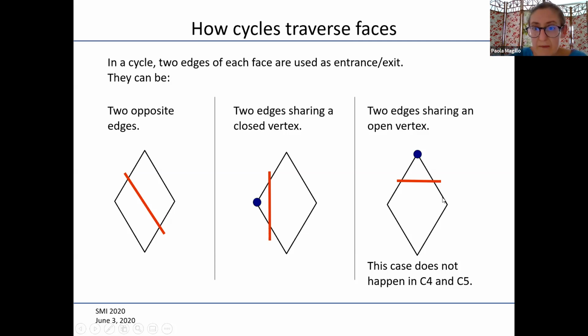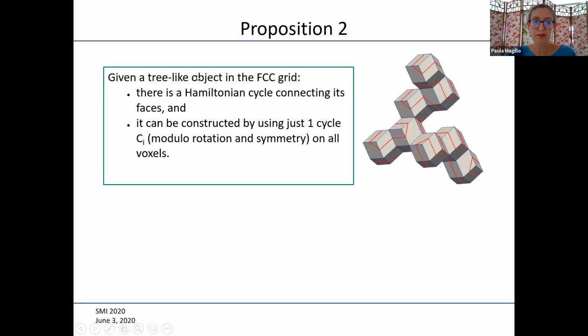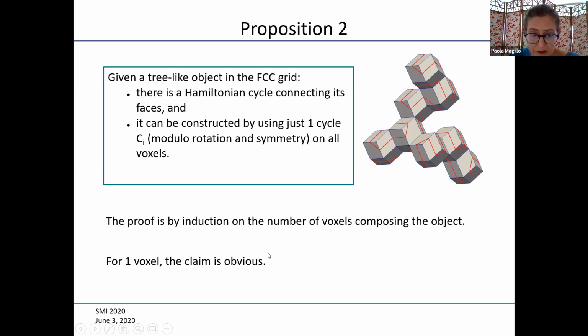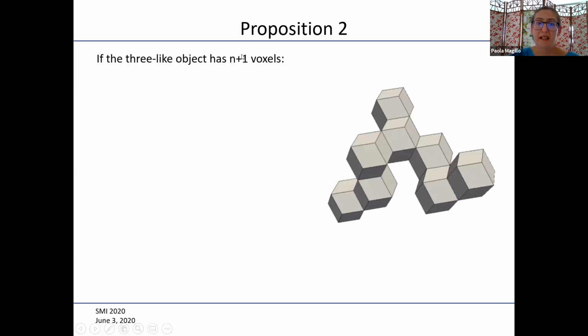and C5. Okay, now proposition 2: for each tree-like object, there is a Hamiltonian cycle connecting the faces, and this cycle can be constructed by using just one cycle, Ci, modulo rotation and symmetry, on all the voxels composing the object. The proof of this proposition is by induction on the number of voxels, and of course on one voxel it is obvious. If the object has n plus 1 voxels, then we can always,